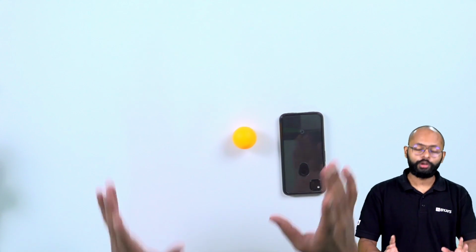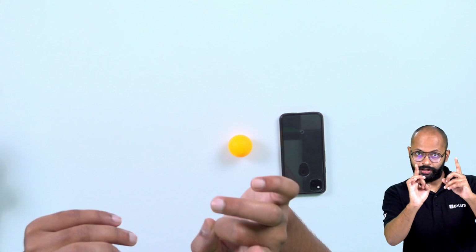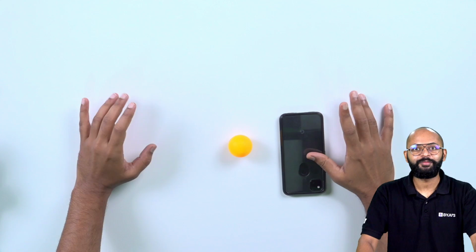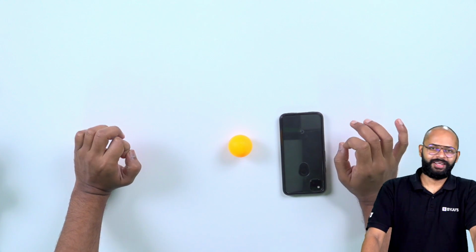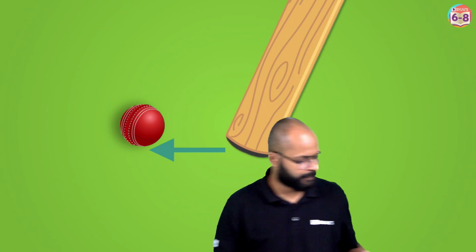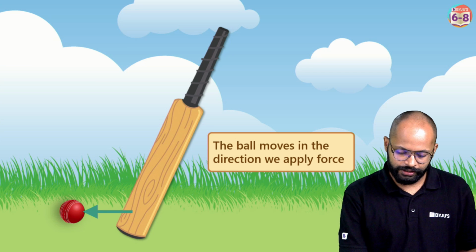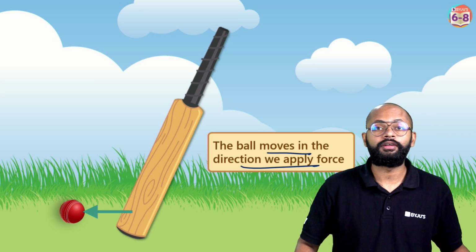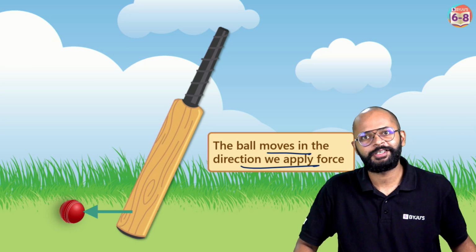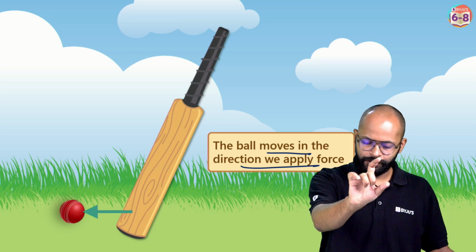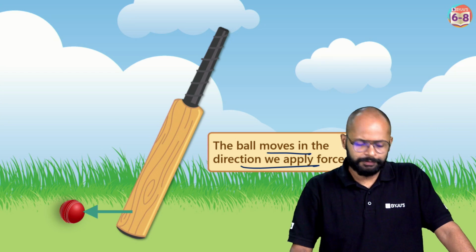So what do we conclude from this, right? That's important. Enjoying is okay, but we need to conclude something because we are learning from the game, right? So what do we conclude? Let's see. We can conclude that the ball moves in the direction we apply the force. All right. Nice conclusion. Okay. Now, second learning. How far will the ball go?